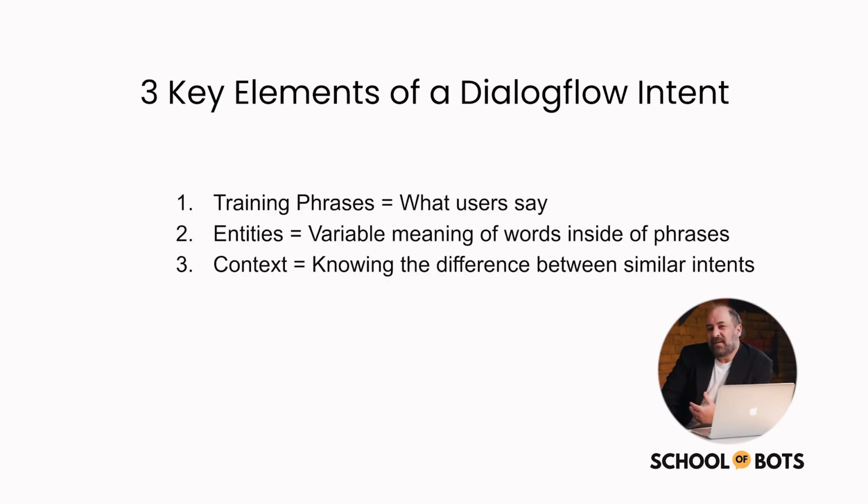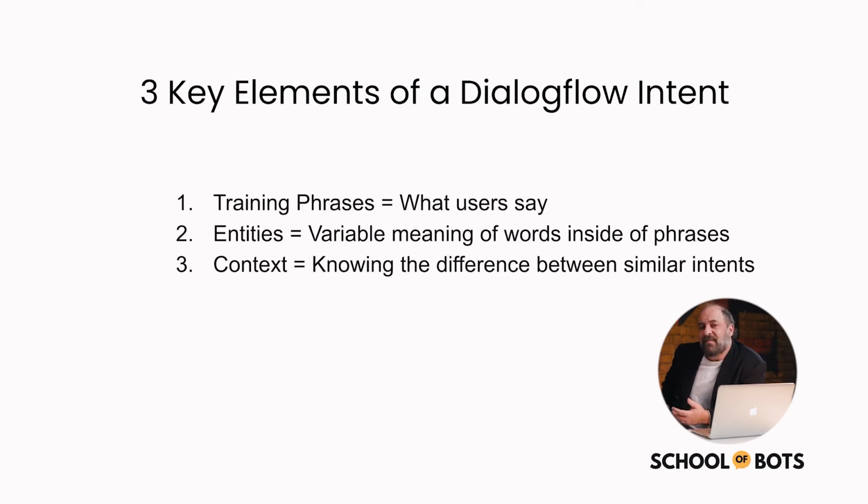Entities allow you to extract the meaning from words inside of those phrases. And you'll see Dialogflow will highlight words. You might have a single phrase, but the words inside of those phrases, they can be expressed in different ways. So if a user says, "I want to order 4 pizzas," the number 4 could have been 1 pizza or